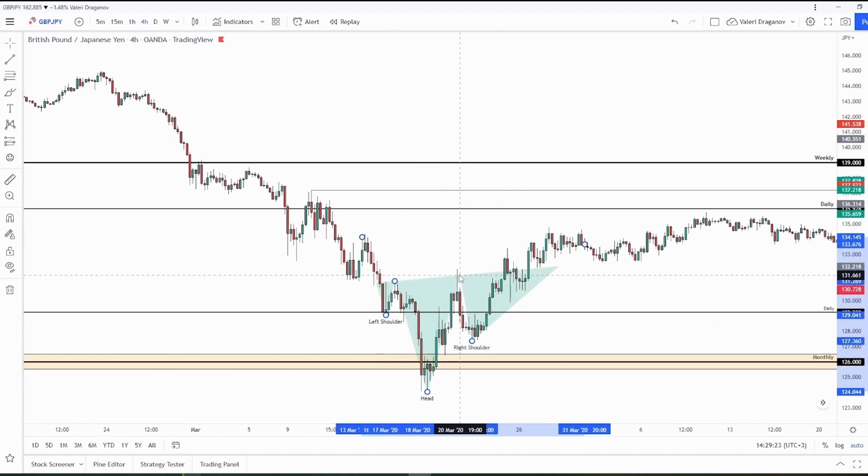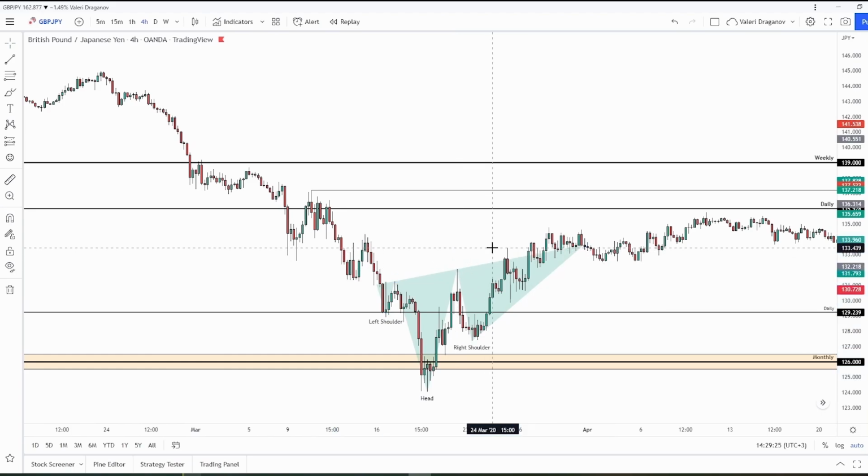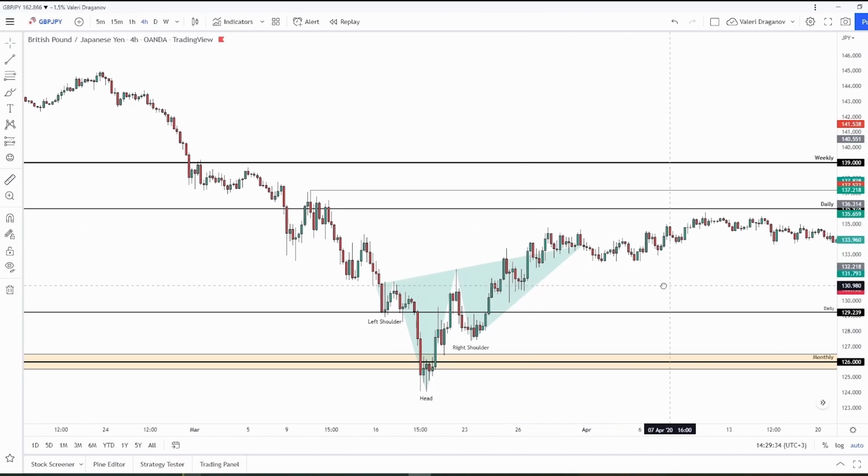But we must comply with the tails, so it's not good. I recommend you to not trade situations like this. Just wait to see what the price will do. Next,